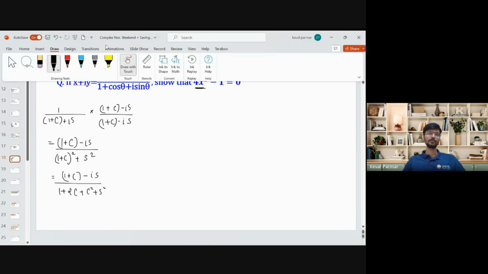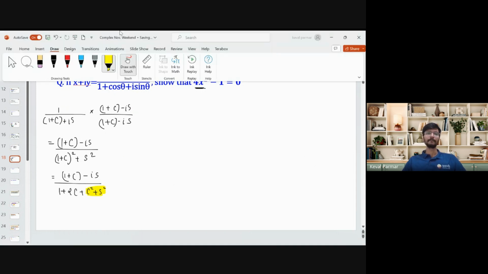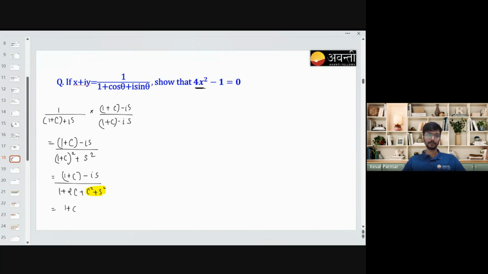What is this? Cos square plus sine square? Cos square plus sine square is 1. And that one with this one will get added. So we'll get 1 plus cos minus I sine upon 2 plus 2 cos. So here we can also simplify it further. We can use the half angle formula. So 1 plus cos is 2 cos square, minus I 2 sine cos, upon